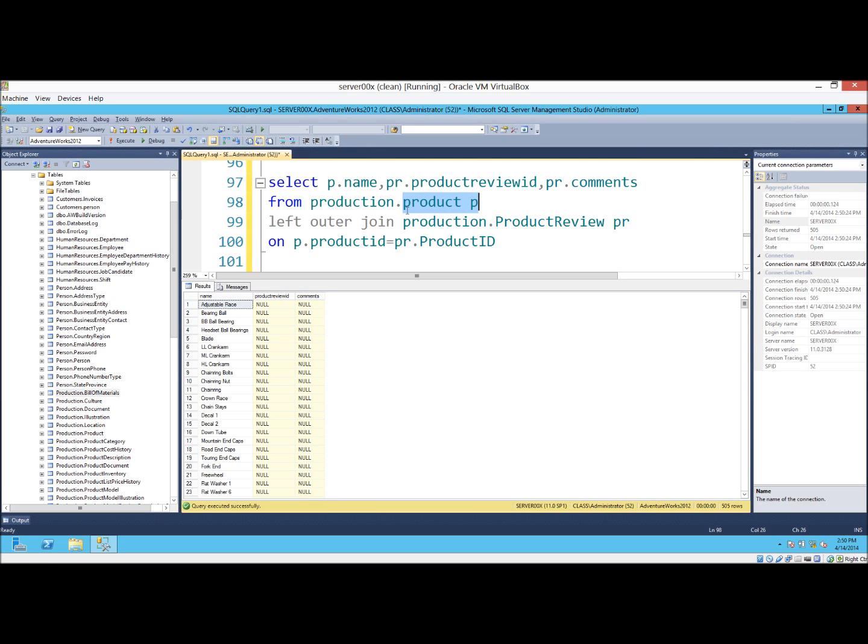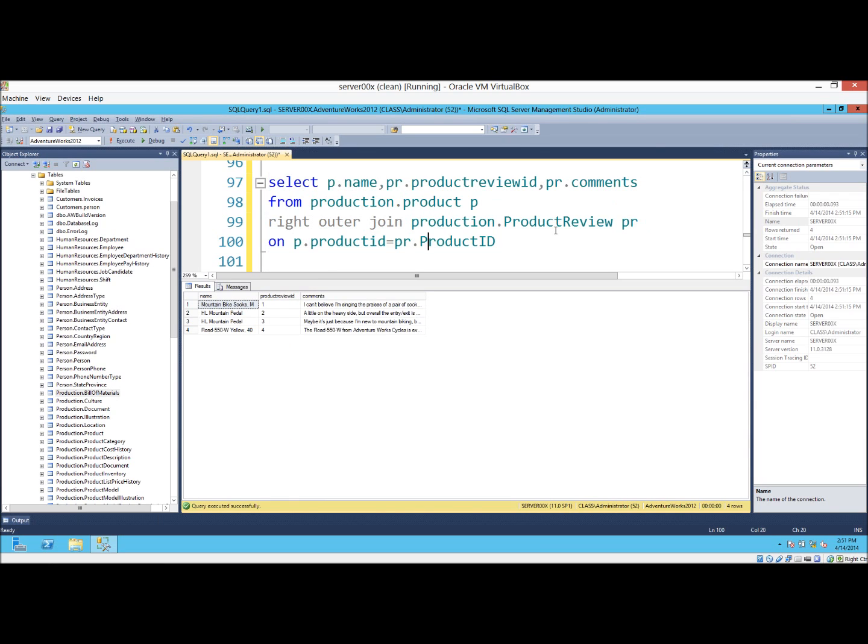That's the left outer join. Include all of the rows from the left table, whether they match or don't match on the right table. So basically, give me all of the names, whether they match the product review or not, whether they have a product review or not. When I do a right outer join, in this instance,